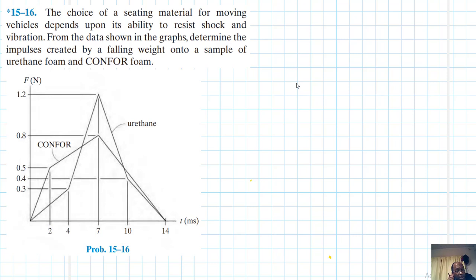The problem reads: the choice of a seating material for moving vehicles depends upon its ability to resist shock and vibration. From the data shown in the graphs, determine the impulses created by a falling weight onto a sample of urethane foam and CONFOR foam. This problem is coming from Engineering Mechanics: Dynamics, 14th edition, by R.C. Hibbeler. So we are going to use the principle of linear impulse